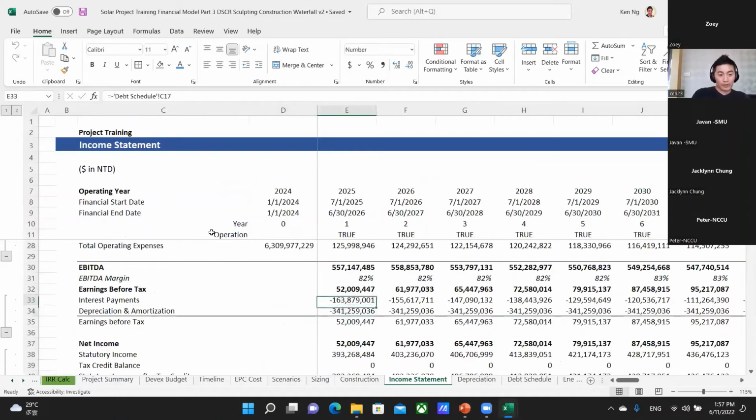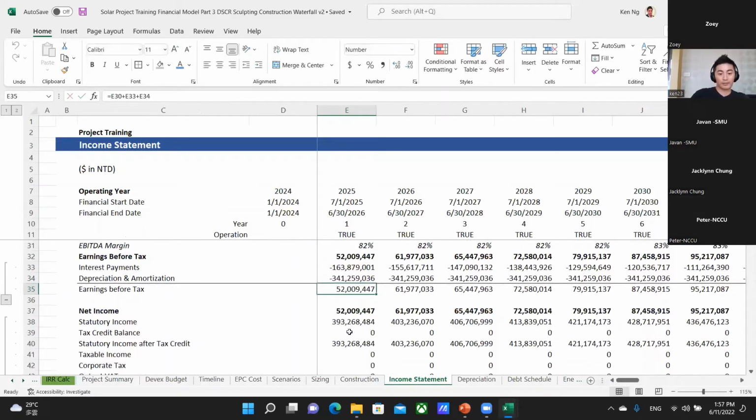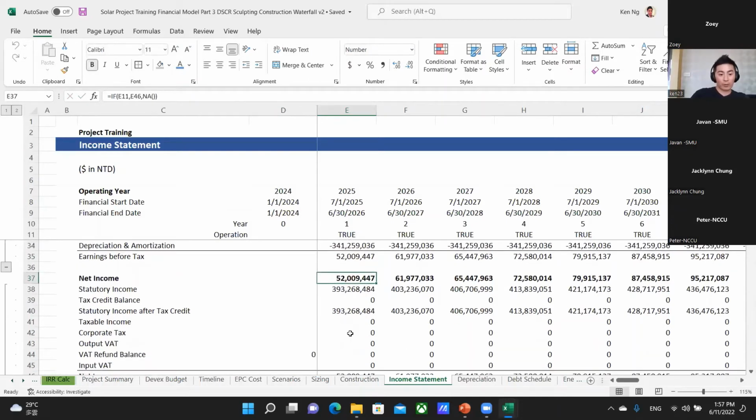And then that feeds into our earnings before tax, right? So our earnings before tax is our EBITDA minus our interest payment minus our D&A, depreciation expense, to get our earnings before tax. And then we have our corporate tax. Now our corporate tax